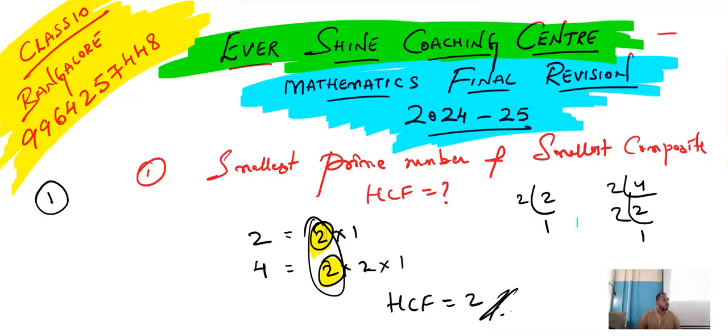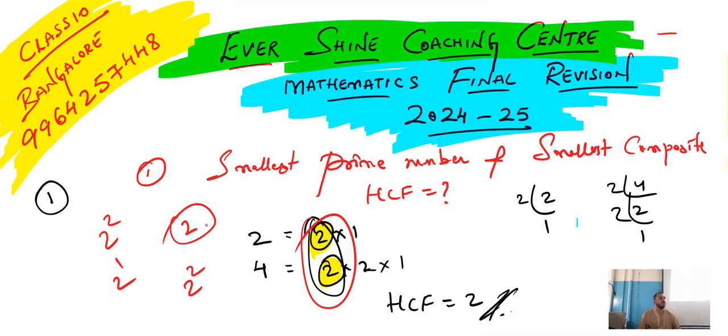Suppose you had 2 square here and here you had 2. Example, these numbers I am telling: here 2 square and here 2. So for HCF, here 2 power 1, here 2 power 2. Minimum is 2 power 1. So we have to take the minimum. In HCF, we have to take the minimum power of terms. In LCM, we have to take the maximum power of terms. To find HCF, the number should be on both sides. Then only we can find the HCF. Related to this, I already solved it in the previous case.